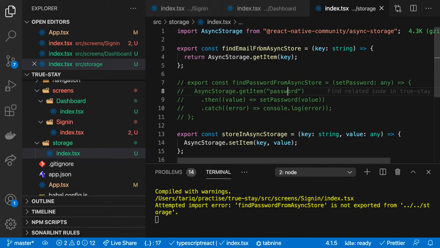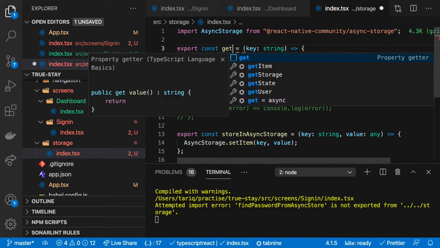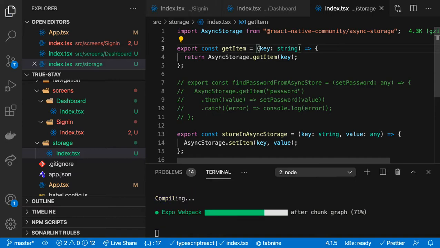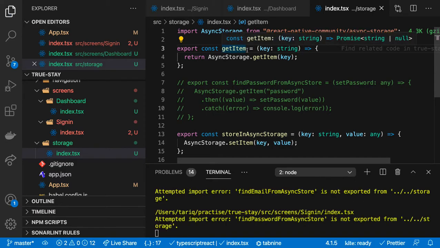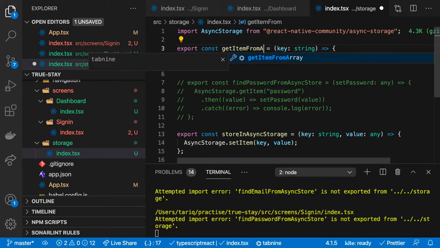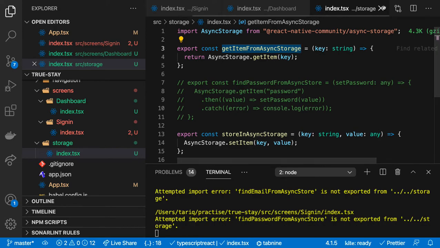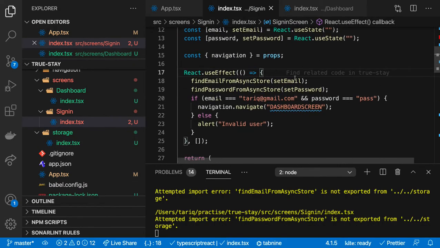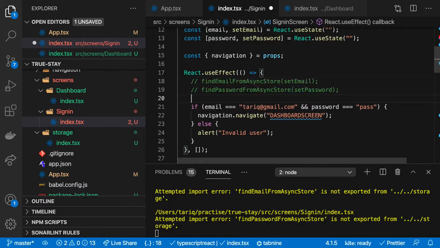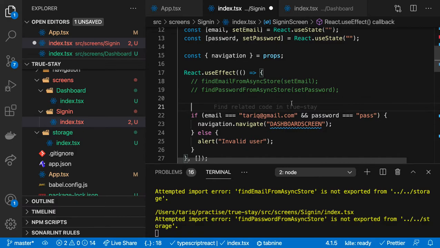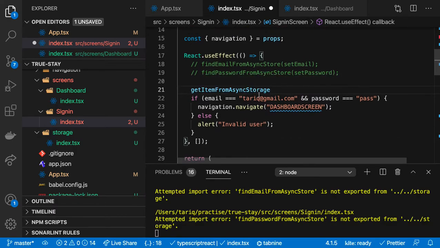So I'm gonna write here get item from Async Storage. Alright, so I'll go back with this one, and I'll remove my code from here, and I will remove this one. And what I can do here is it's a callback, so I'll call that first, and I'll pass it